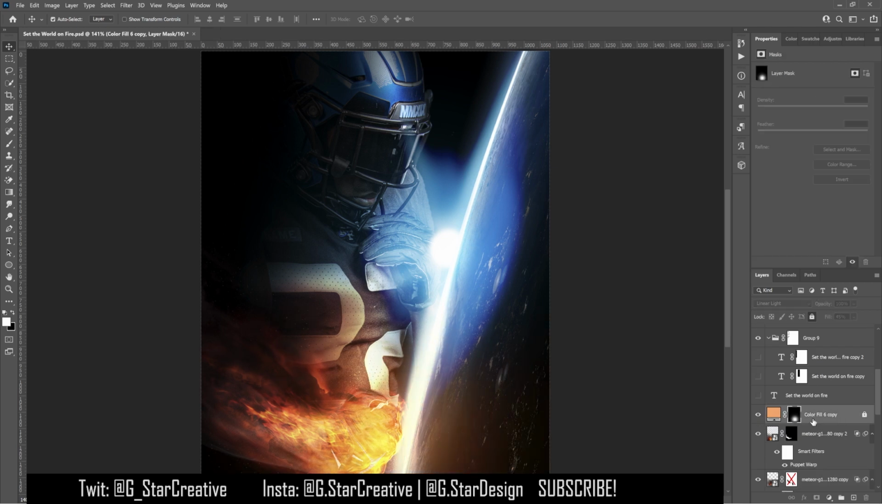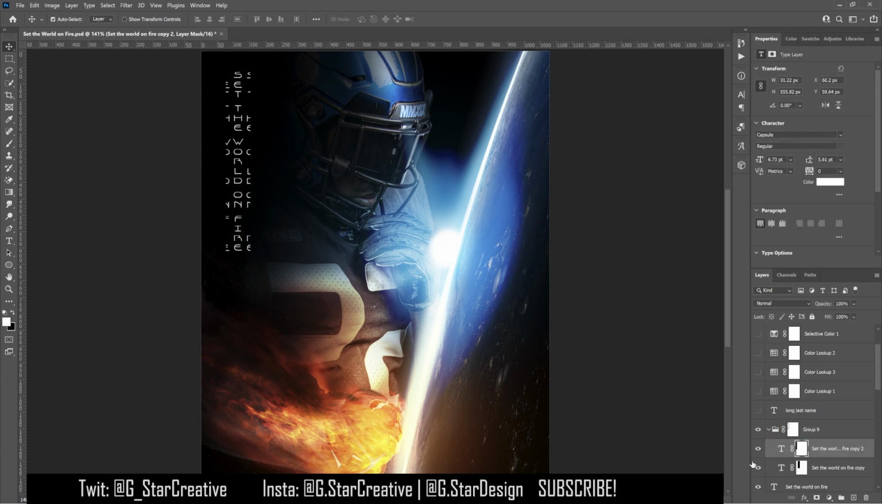And then I added an orange glow set to linear light at 45% fill, just a soft brush to brush it in on the bottom where this fire would be shining on the planet and on the jersey and stuff. Then I added in the text because there has to be a theme for each recruiting graphic, so Set the World on Fire was the theme for this one, and kind of a space theme with digital looking text. So literally I just put these words here and then duplicated it and put it over here,